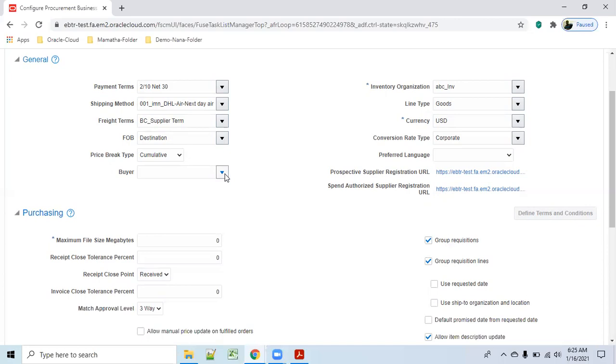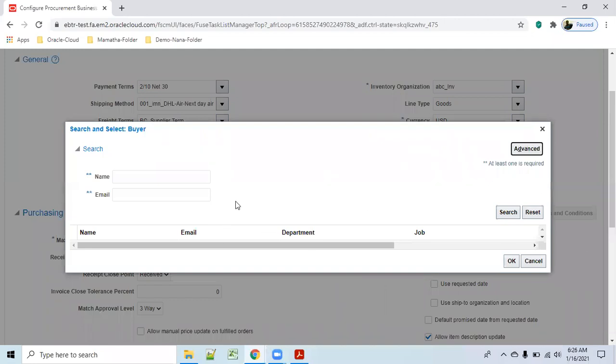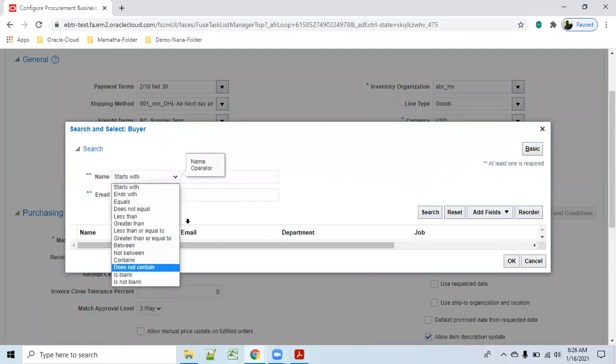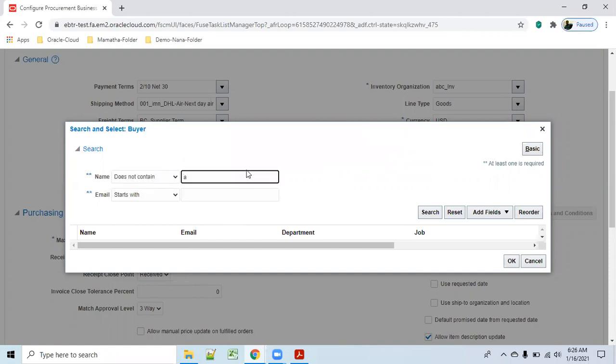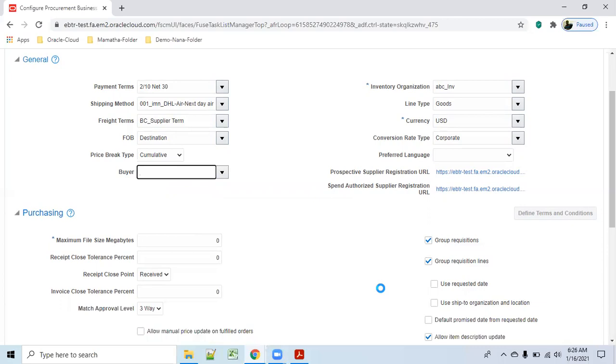If you have only a single buyer, you can select from here. This buyer is nothing but a user, one user who acts as a buyer. We don't have any users here, so we can't select.